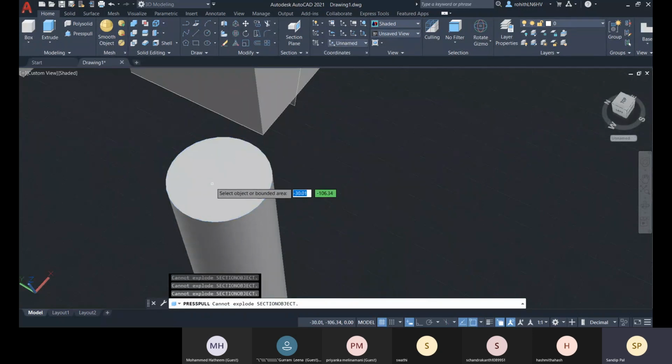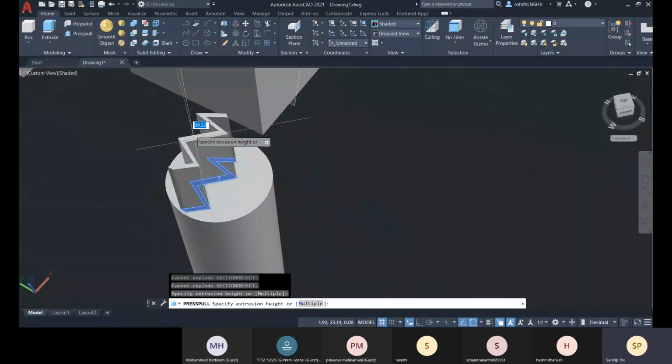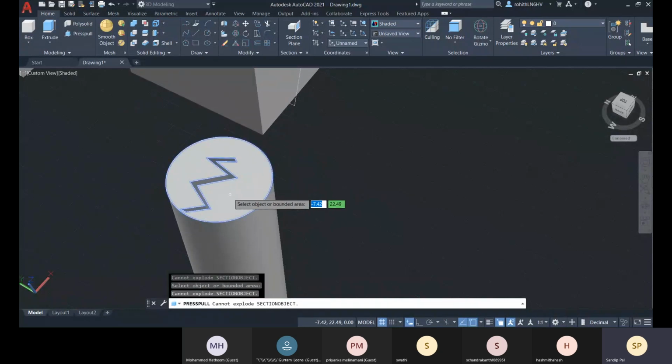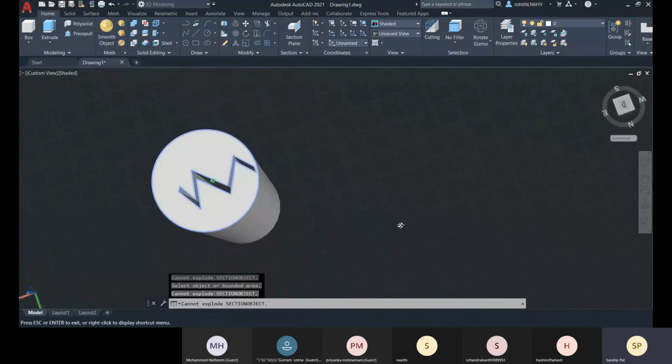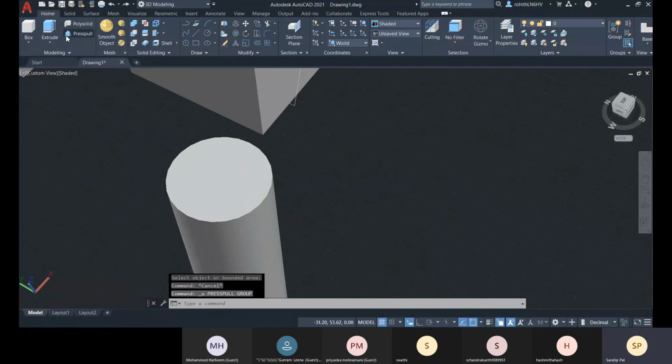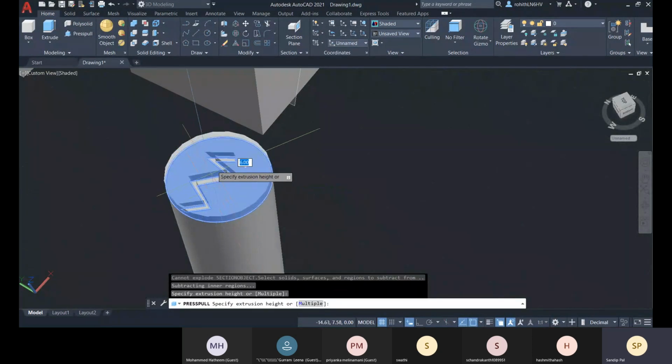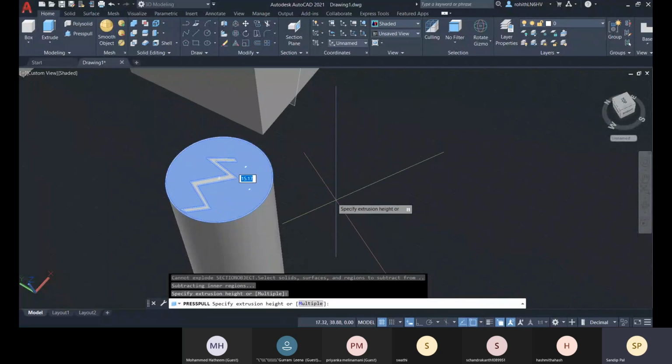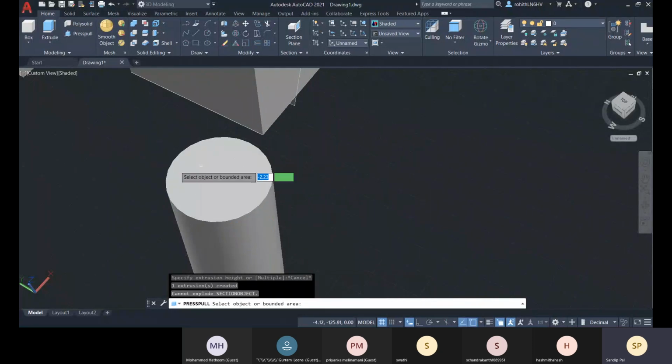Here you can see, right, that surface will be selected and you can pull or press pull. You can do this like this also.